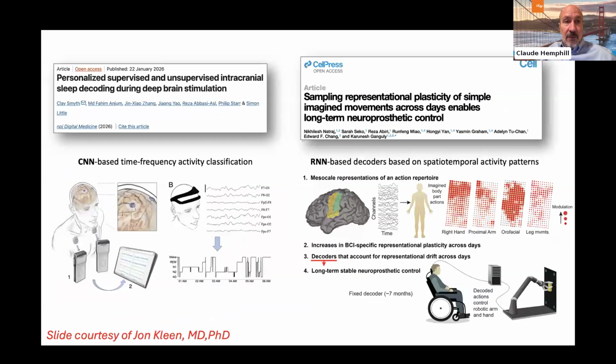So, but moving forward to some of these, let's say, known unknowns, John is doing a lot of work with Eddie Chang, who is the chairman of neurosurgery at UCSF, and Krunish Ganguly, who is a neurologist who's chief of our neurology division at the VA, working on things like a brain-computer interface and so forth. And that's absolutely a necessary